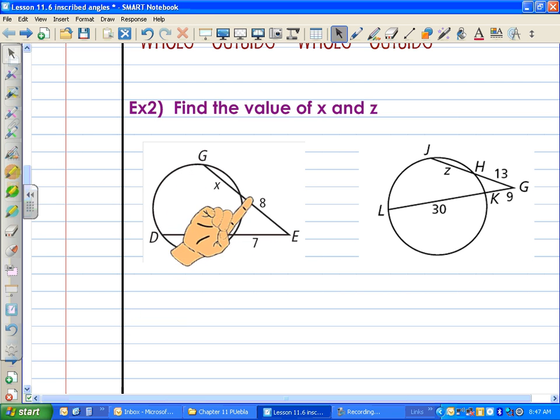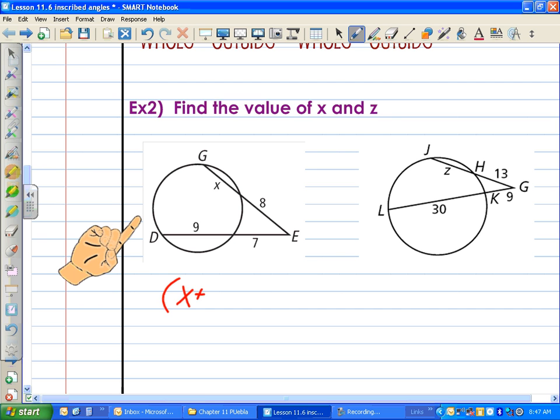How would I write the whole if it says x and an 8? Not 8x. 8 plus x, or you can say x plus 8 for the whole, because it's not 8x. Remember, 8x would give you the wrong number. So the whole is going to be x plus 8, times the outside, which is 8,